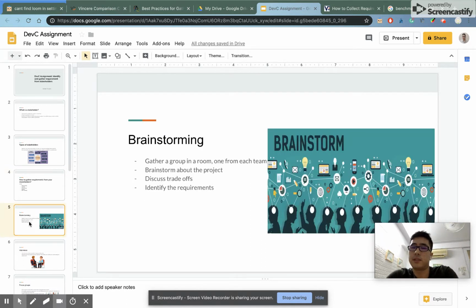All right, so as you can see here, brainstorming. Brainstorming is when you get a group of people in a room, maybe one from each team. It can be one developer, one tester, one marketing person, one salesman, and you try to brainstorm about the project. Basically, you get the requirement from your CEO, and then you gather everybody there to identify the requirement, to explore, to verify if this requirement